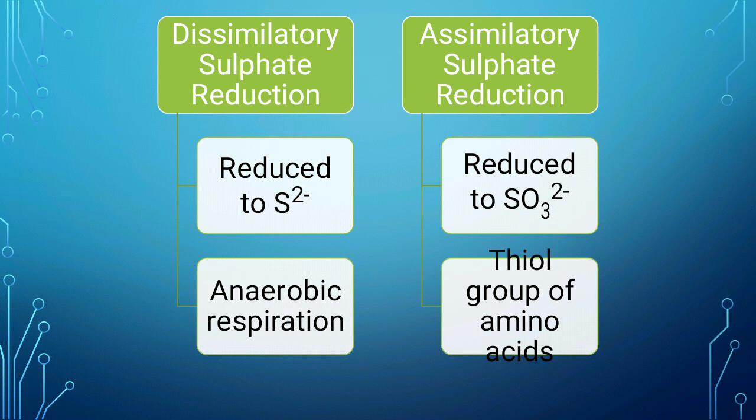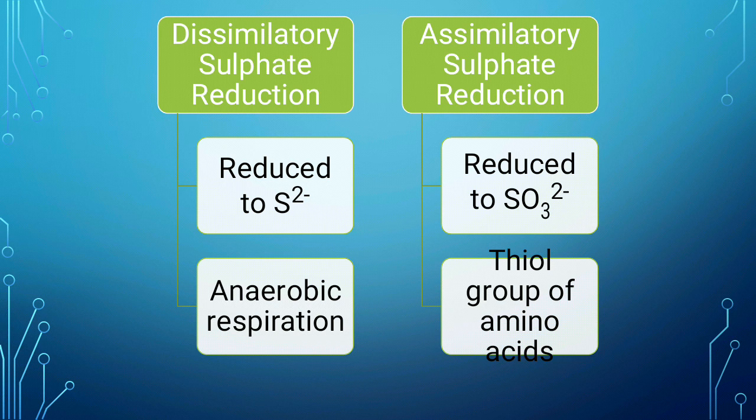Dissimilatory is where the organism does not need the sulfur for its growth. It is not utilizing the sulfur as a component. It does not need sulfur to form the amino acid, or to form a protein. Instead, it uses the sulfate compound to form energy, to have an electron flow. So we have an electron donor, it donates the electrons, and this is taken up by the sulfate in the form of an electron flow.